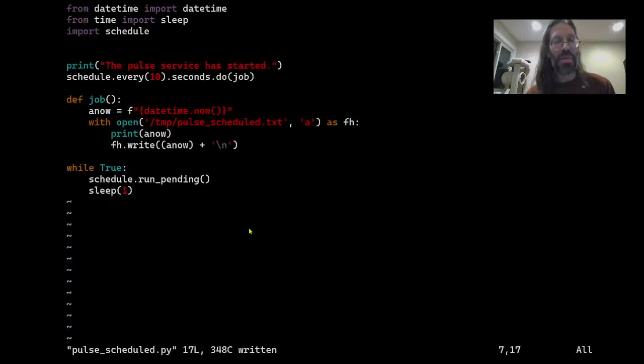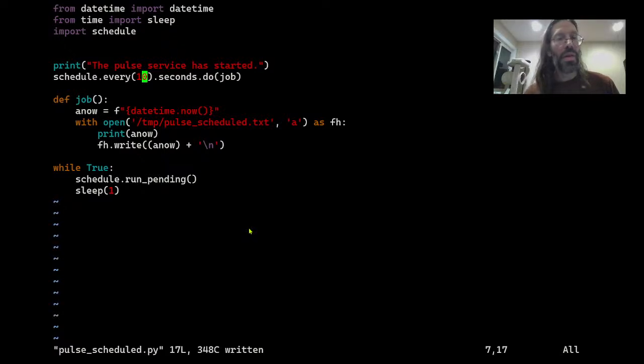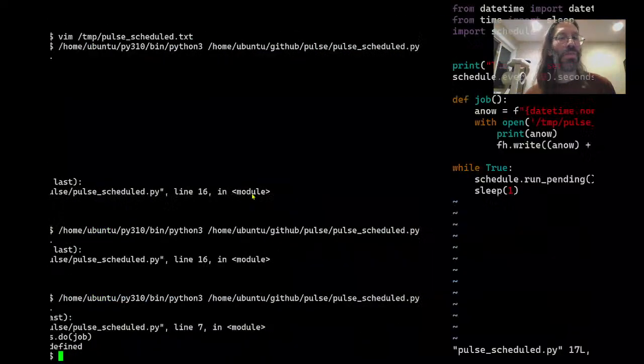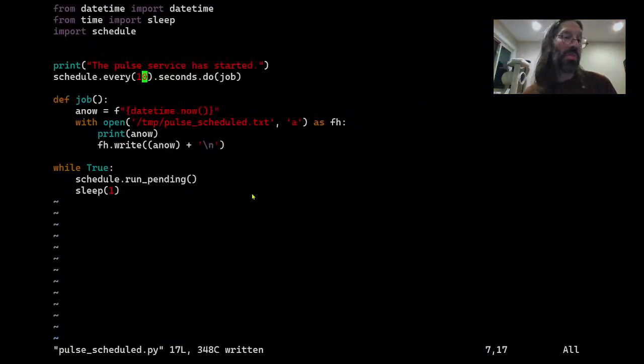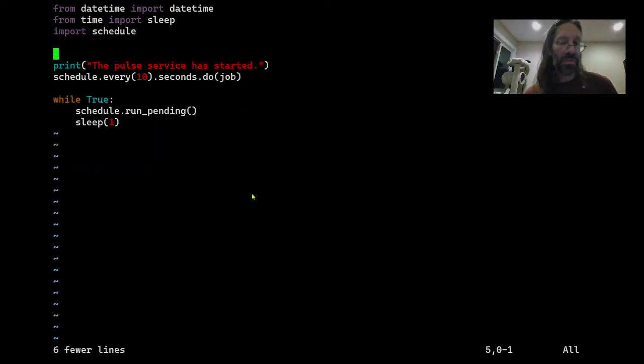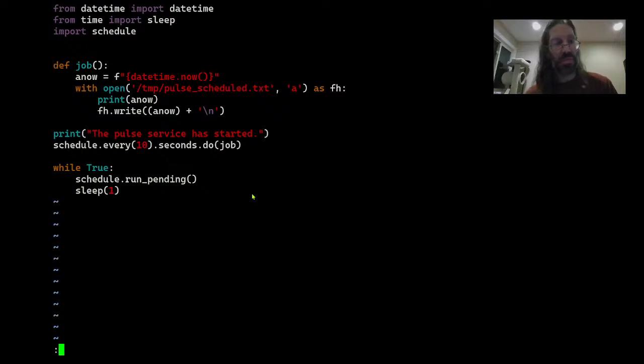Long path, job is not defined. Oh, interesting. Do jobs have to be defined above the schedule? Take a look at the example. Yeah, see, job is defined up there. So jobs are defined and then the schedule goes beneath it. There is an order dependency here. And for the PEP-8ers,